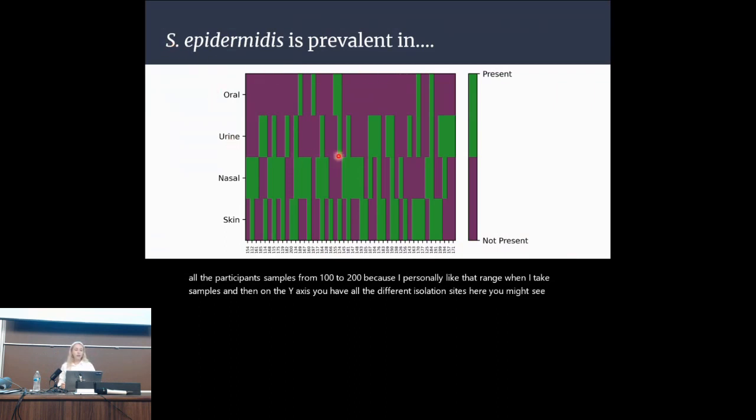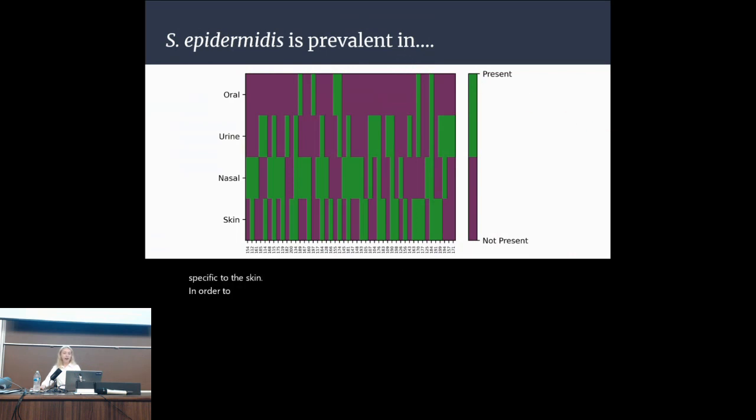Here, you might see a distinction in the oral microbiome, that there is a lot of S. epidermidis that is not present. This may be because there is no S. epidermidis present in the oral microbiome, or simply we may not be extracting correctly. Another thing to note is that the skin microbiome, as you would assume, should be readily yielding S. epidermidis, but that is not the case. Furthermore, we also see that most participants have S. epidermidis in more than one anatomical site, meaning that S. epidermidis can be found in almost any type of anatomical niche, not only specific to the skin.